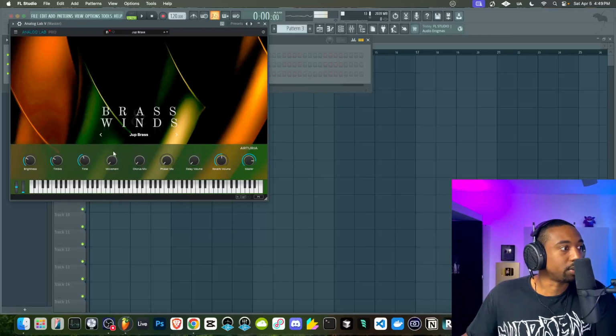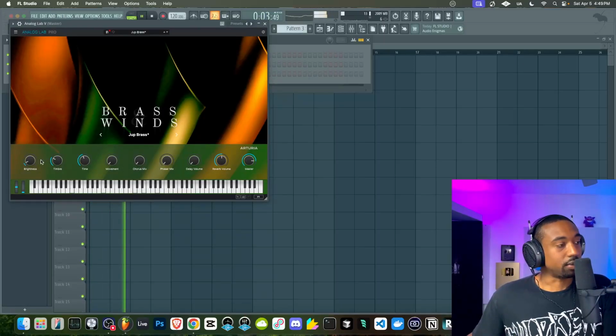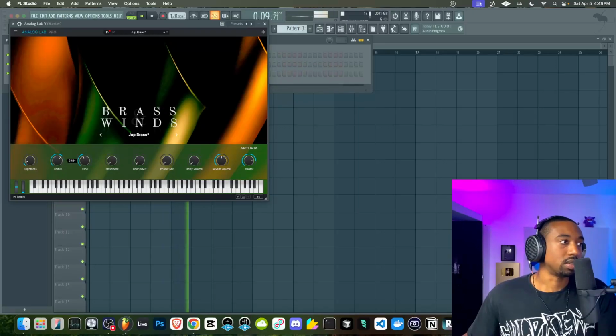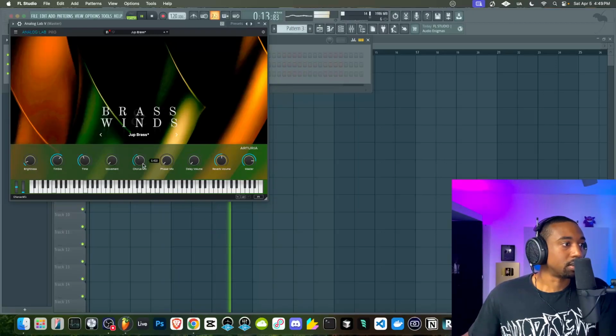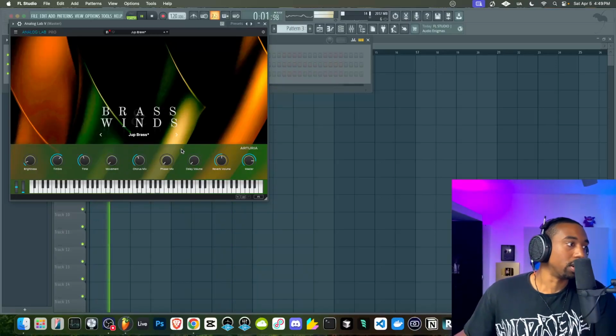It's a little bright. Let's see if we can quickly get rid of some of the brightness. This is basically the filter, low pass filter. See what happens with the timbre. So that's the resonance it sounds like. It's pretty cool. Let's add some chorus. So very quick movements here on the front panel instead of going inside the synth itself.